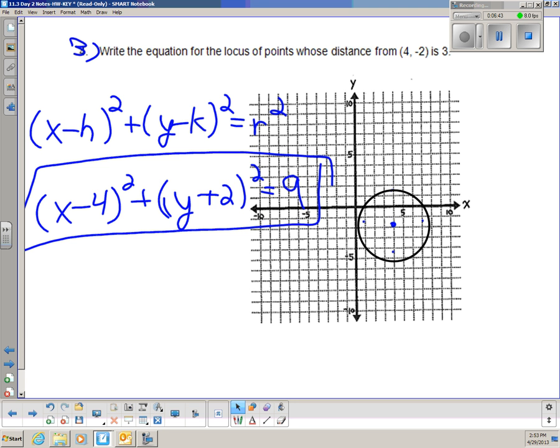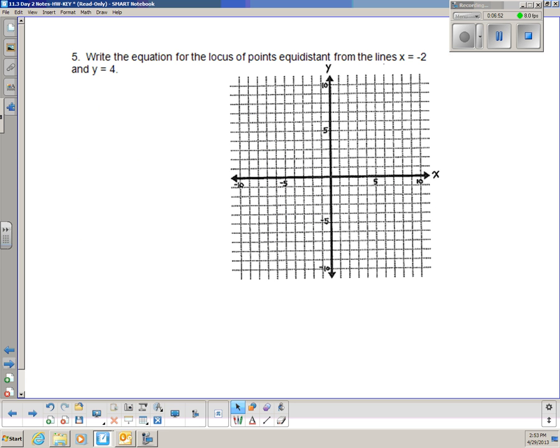And then last but not least, I believe is going to be this one. Write the equation of the locus of points equally distant from the lines x = -2 and y = 4. So if we graph this vertical line first, here at x = -2,